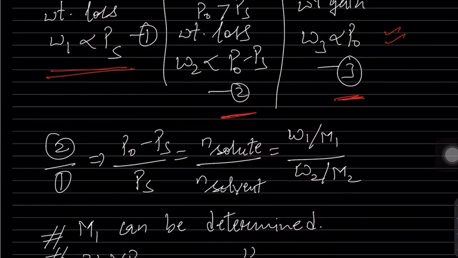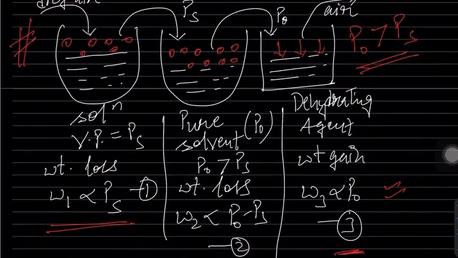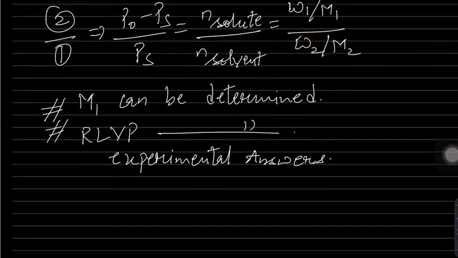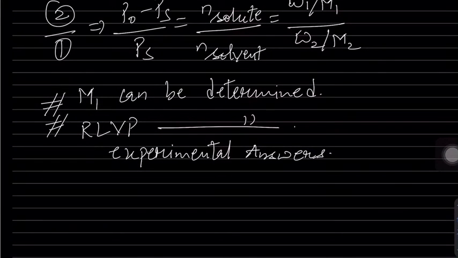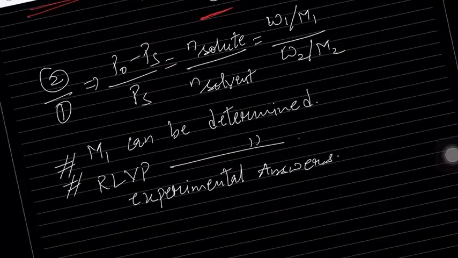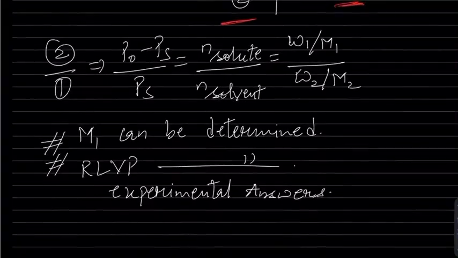Okay, so from the Ostwald and Walker method, now we have two targets. What is target number 1? Relative lowering of vapor pressure, and target number 2 is finding the molar weight of the unknown solute. So let us say we have glucose in the solution and we don't know the molar weight of glucose. How do we calculate it?